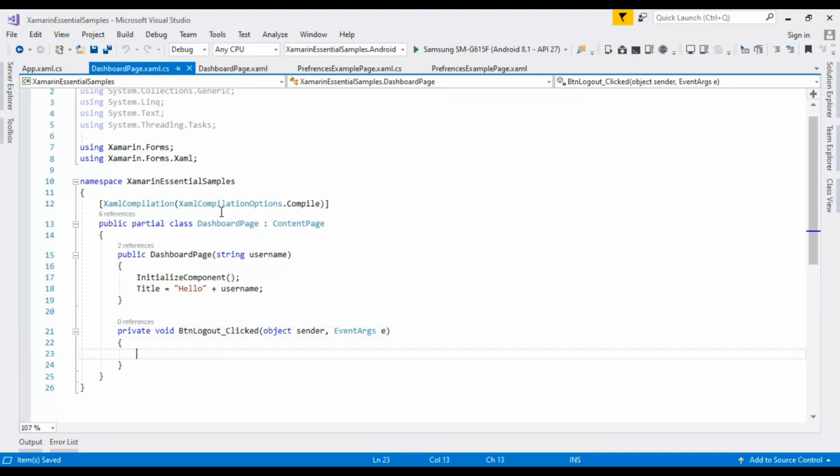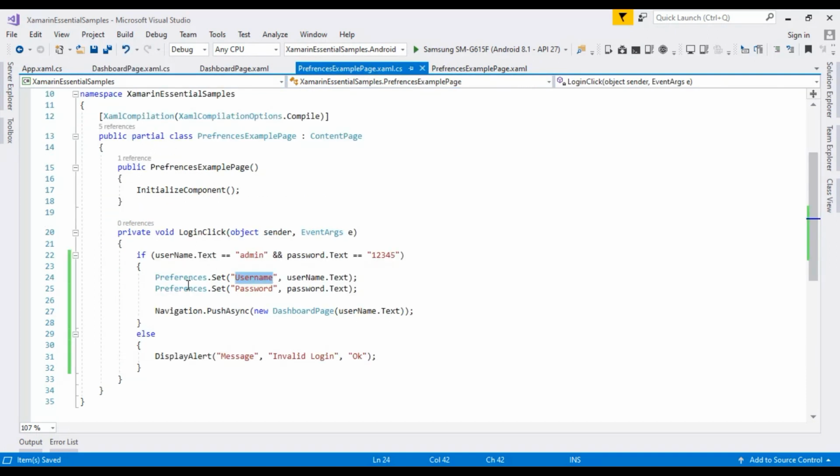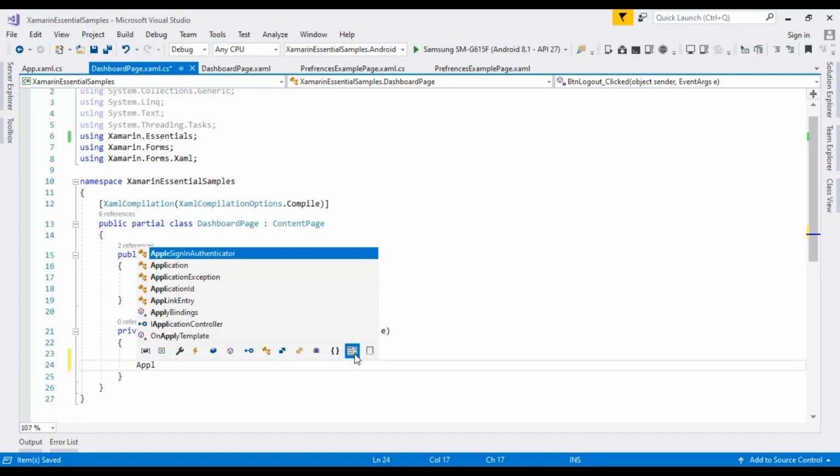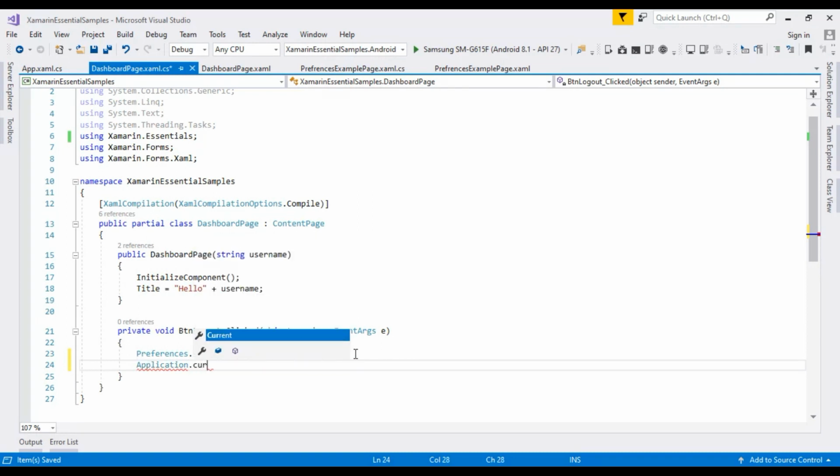And also when the user goes to the dashboard page, it already has a logout button clicked event. So we need to do one thing. When the user logs out, at that point of time we have to remove the username data. So copy this line and we have to set the username as blank. That means when the user clicks on the logout button inside the dashboard page, it will automatically set the username to blank data, and we have to open the login page again.